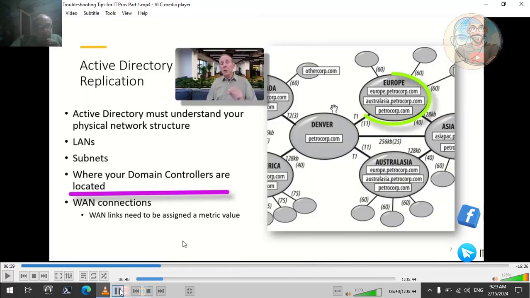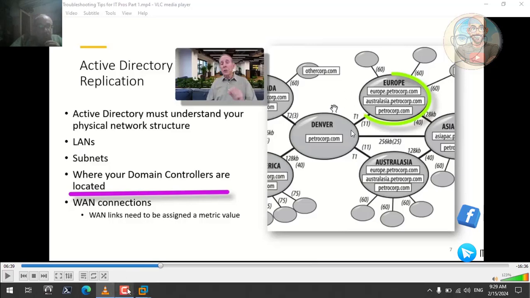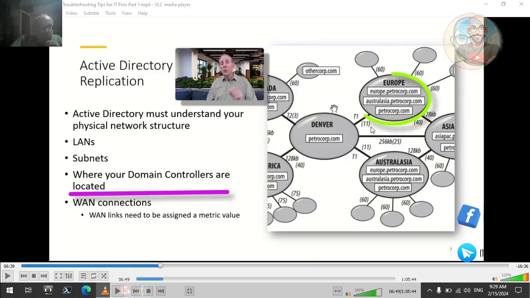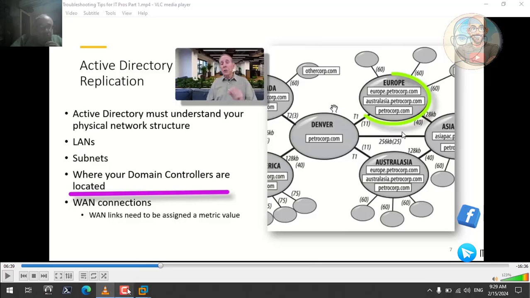So as we can see here, one thing Mr. Lo van der Pol is focusing on: for Active Directory replication to happen, the Active Directory should translate your physical topology. So as we can see here, we have different sites with different links to these sites. These should all be translated to the Active Directory. It should know this physical structure, or it should be translated to a simple